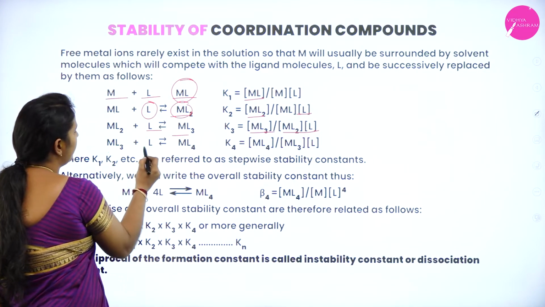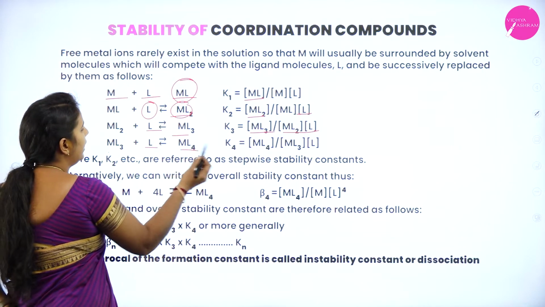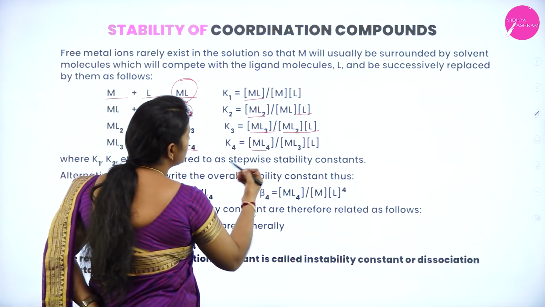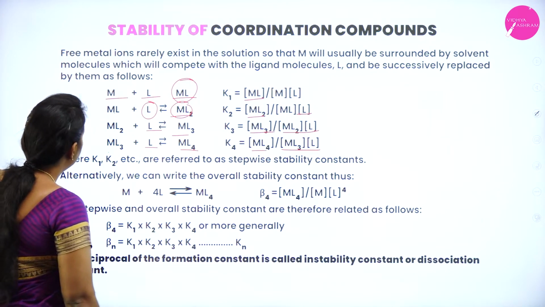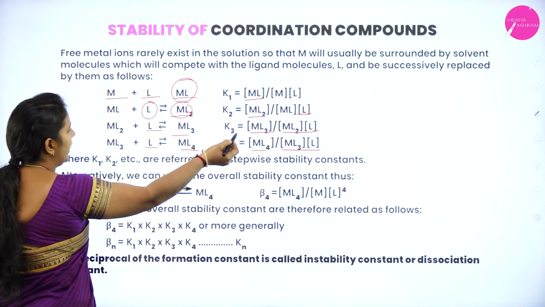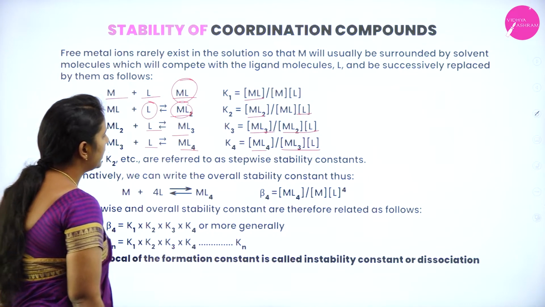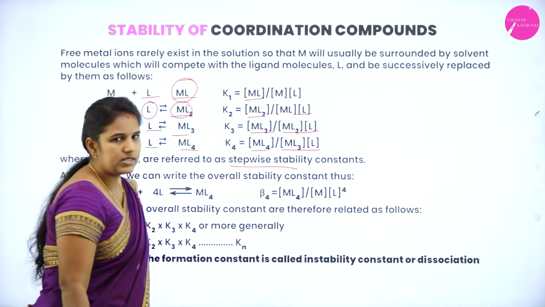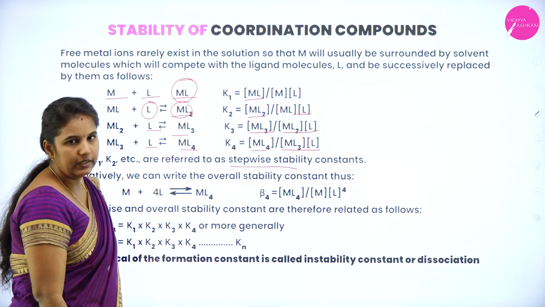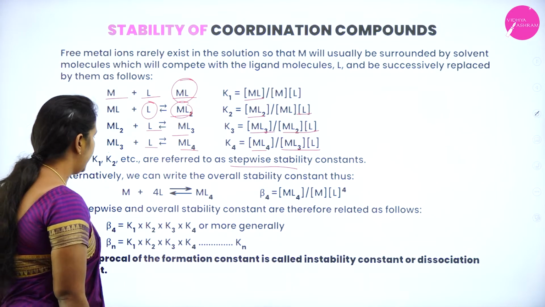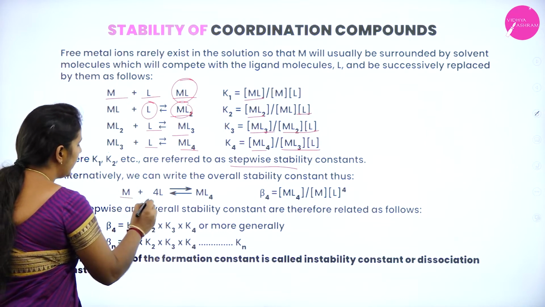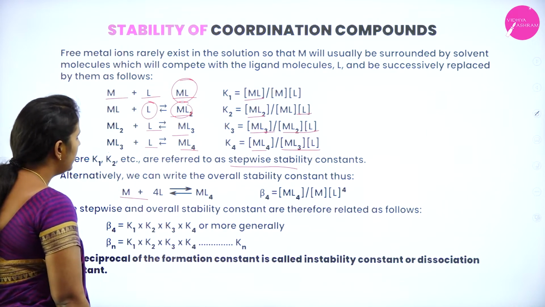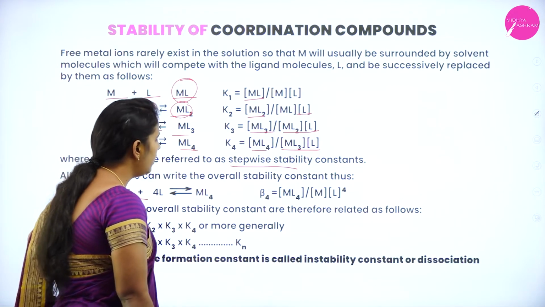Again, this ML3, if it reacts with one more ligand, forms ML4. ML4 is my product and ML3 into L is my reactant. So here I have written K1, K2, K3 and K4. They are referred to as stepwise stability constants. They are referred to as what? Stability constants. So that we can easily write it as M plus 4L, which gives us ML4,